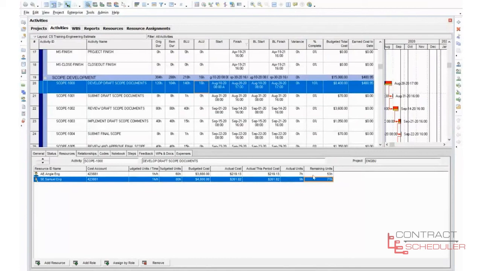And remaining units. So it's holding it. 60 minus 7 is going to be 53. 80 minus 9 is going to be 71. And as I mentioned before, you can go in and adjust the actual units, and you can adjust the remaining